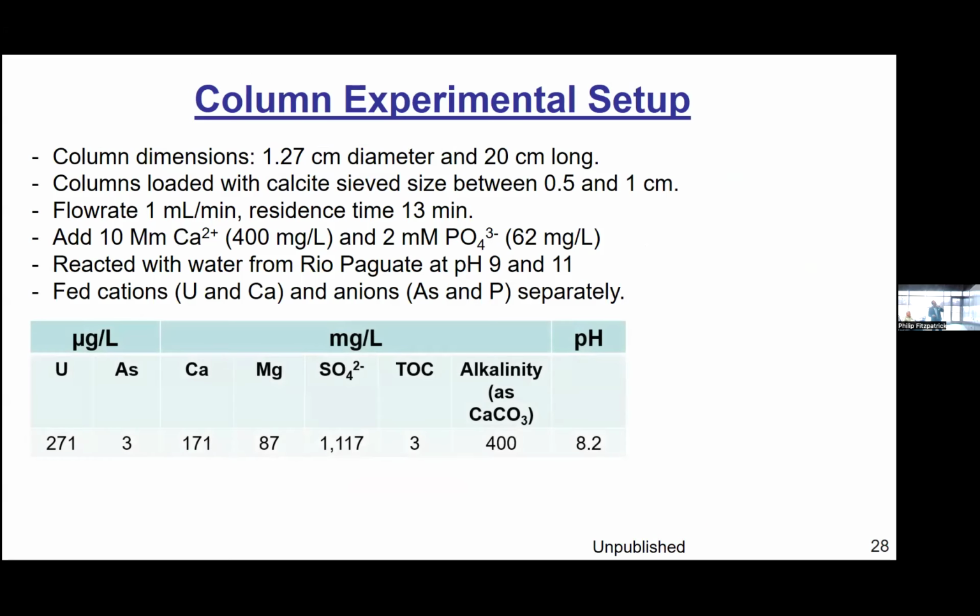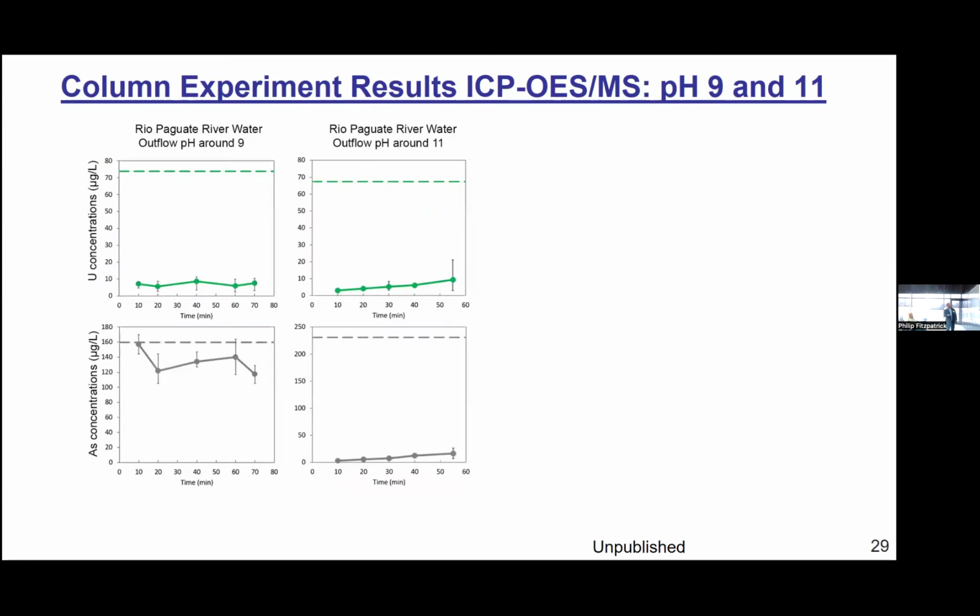So we did a column experiment, now with lower concentrations. Those were in milligrams per liter. We started very high. Now we said, let's use water from the Rio Paguari, and let's spike the water with some arsenic. Unfortunately, that day we only had arsenic at 3, so we had the idea, let's spike it, this was with Nova Jamison actually, at 200. And then, these are all the concentrations that just occur in the water at pH 8.2.